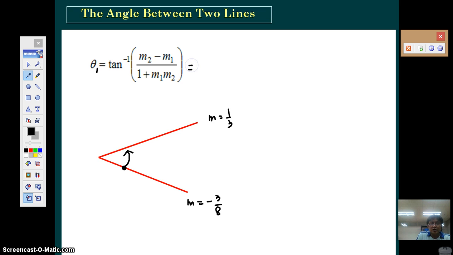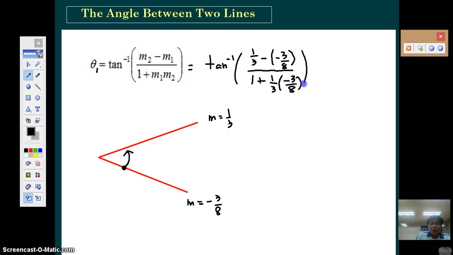So this is equal to tan inverse. The m2 would be 1/3, then minus negative 3/8. That becomes positive, all over 1 plus the product of the two slopes, 1/3 times negative 3 over 8. Now when simplified, this will be tan inverse of,